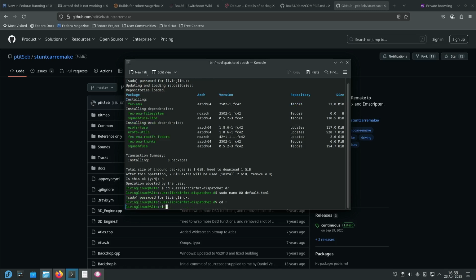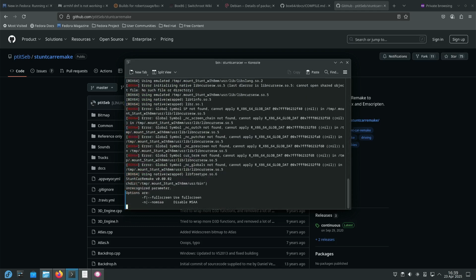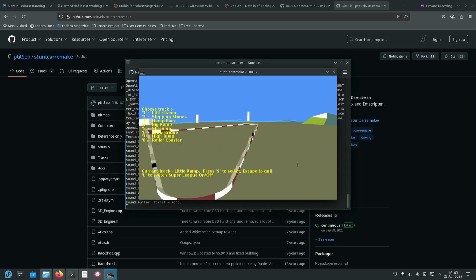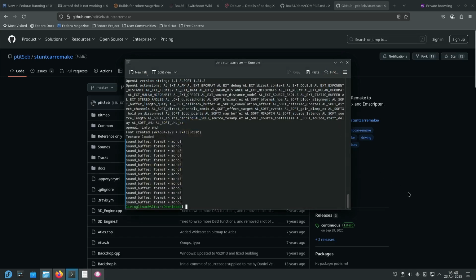So, I downloaded it, and when I tried to start it like this, I was expecting that, because I made the changes, it would automatically start Box64. And it looks like it does, but not with the result I hoped. So I still have to explicitly start it with Box64, and then it works. Now I'm going to stop it because I think I have an issue with the graphics